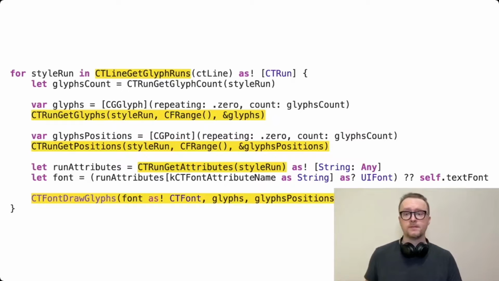We draw glyphs. This loop we had just before. So there's a style run, and well, I can get all the glyphs that happen to be in this style run using CTRunGetGlyphs. Then I get the positions for each glyph, like CTRunGetPositions. Then